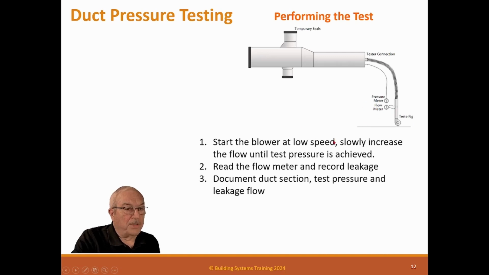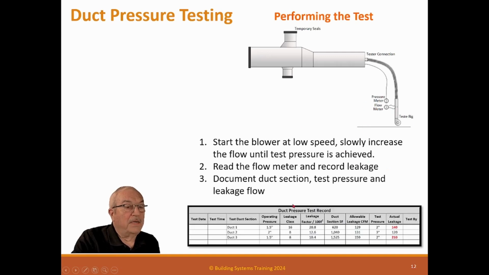So now you want to document what section of duct this is, the test pressure and the leakage flow. And here's kind of a test record, and you can make this look any way you want. These were the sections we're testing. This is the operating pressure. This is the leakage class. This is the leakage factor per 100 square feet. This is the duct section square feet, the absolute leakage rate, the test pressure, and the actual leakage. And you'll see two of these